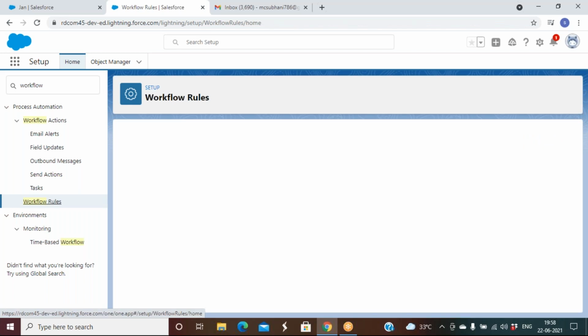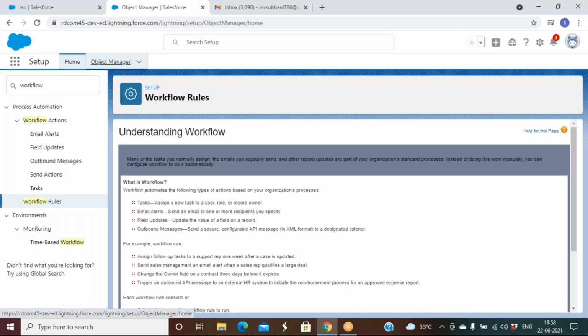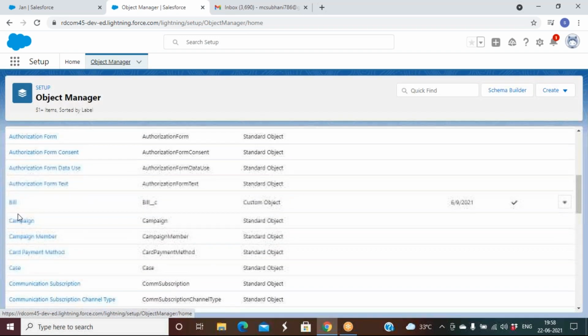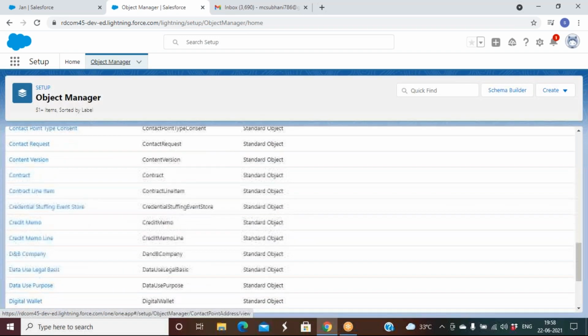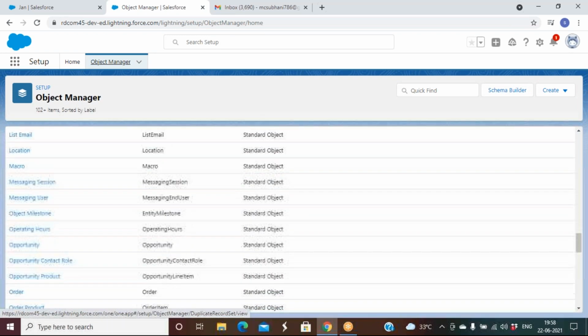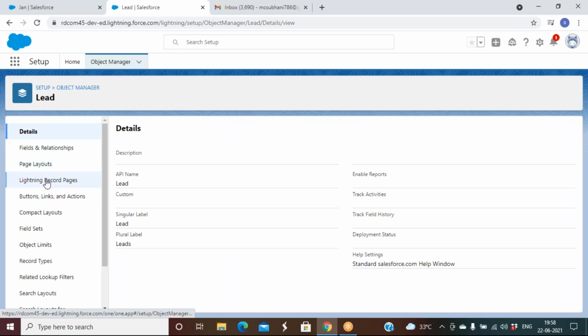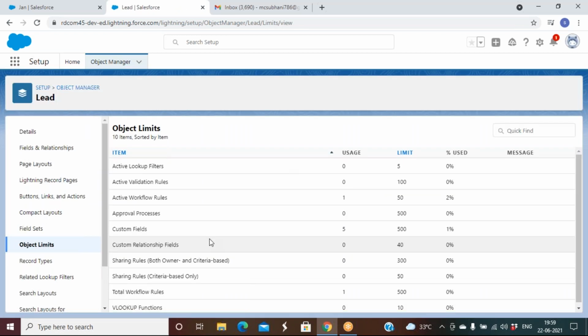So how many workflows can we write on a particular object? Go to Object Manager, go to any object. Let's say on Lead we are writing. Go to the Lead object, go to Object Limits, Workflows. So active workflows is 50, but in total you can write 500.